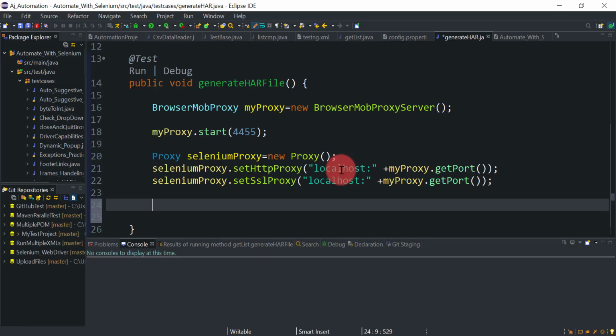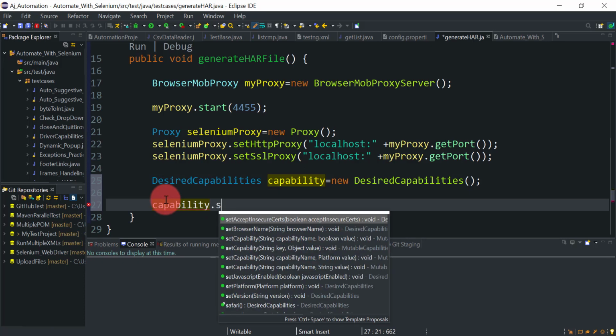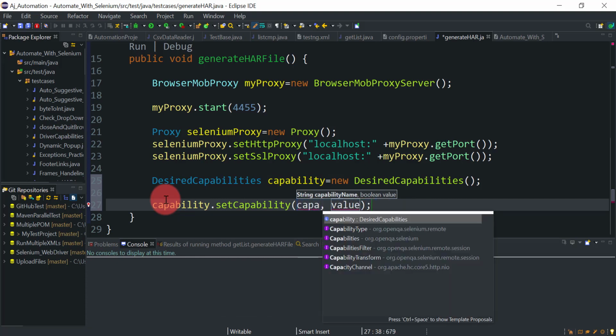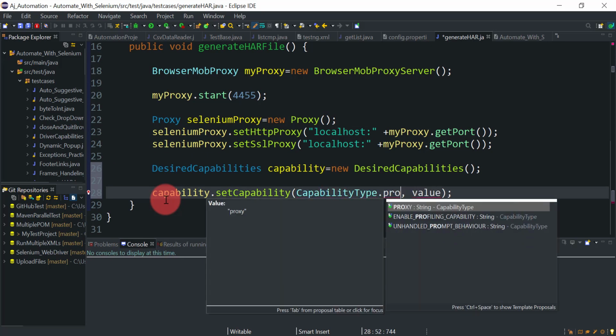If you want to do some setting for the browser or driver, then we need to use the DesiredCapabilities class. So I will create an object for DesiredCapabilities equal to new DesiredCapabilities, and using this reference I can call the setCapability method. Then I need to set the capability type, CapabilityType dot PROXY, right?